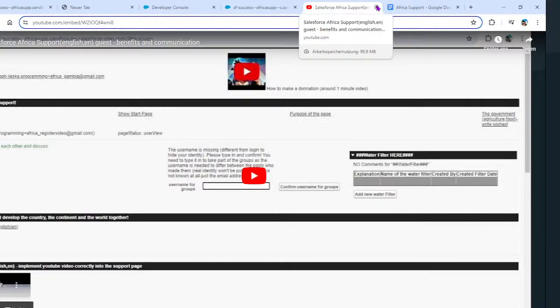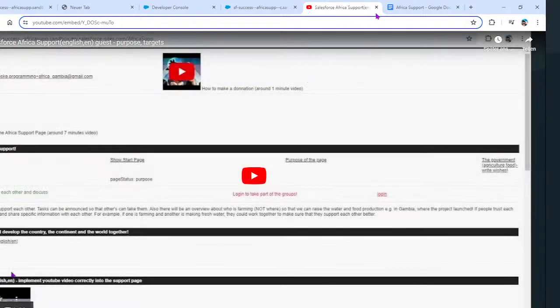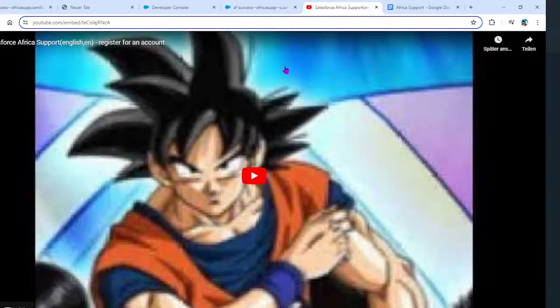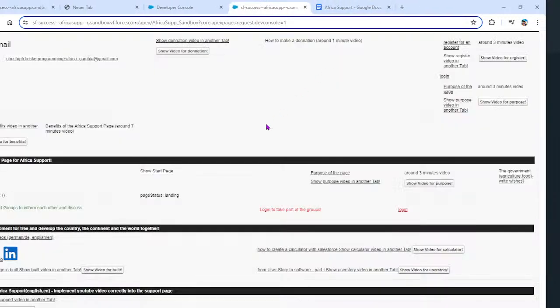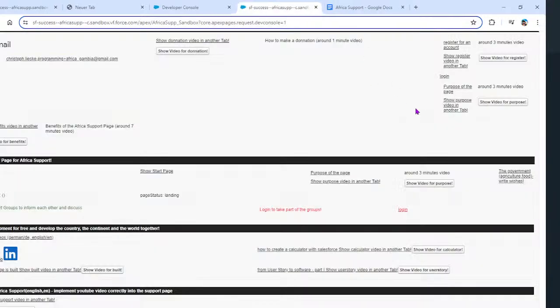Yes, that's the benefits. That's also okay. Show purpose in another tab. It's okay. Purpose of the page. Yeah. Show register in another tab. Register for an account. That's also okay. Okay. Donation video. Donation also okay. That's fine. Okay. And now we need to implement